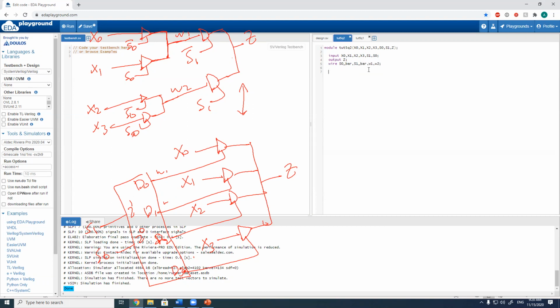So let's get the inverters first. This is not, let's call it N1, which will output S0 bar, and will take S0 as an input. Same for